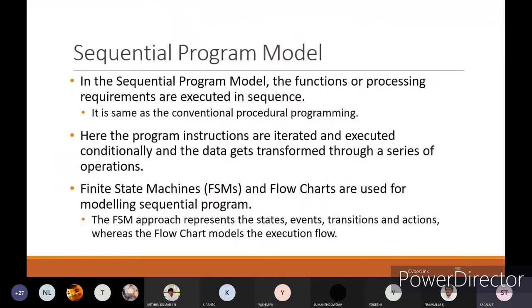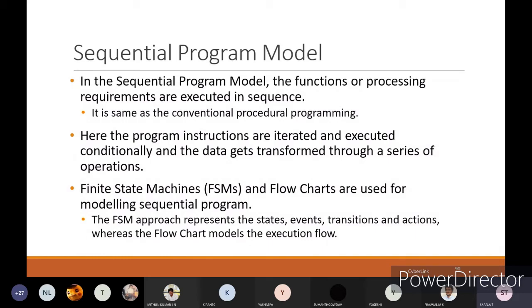Sequential program model: in a sequential program model, the functions or processing requirements are executed in sequence, and it is the same as conventional procedural programming. The functions are executed in sequence, meaning one by one.